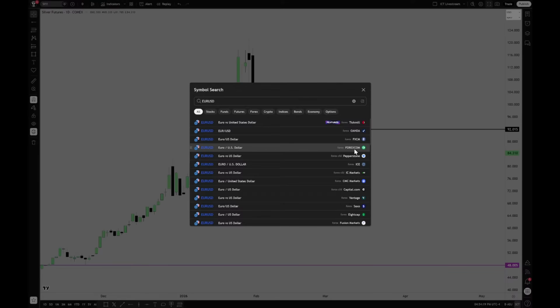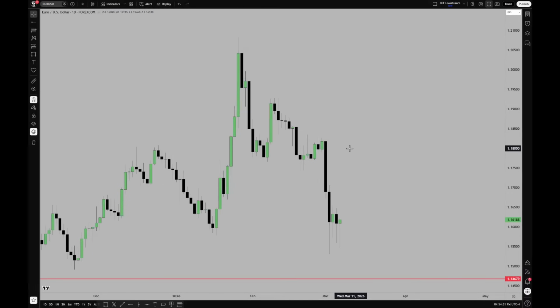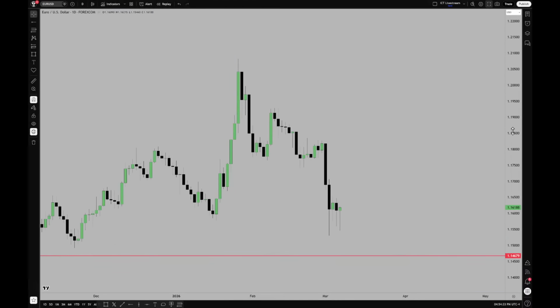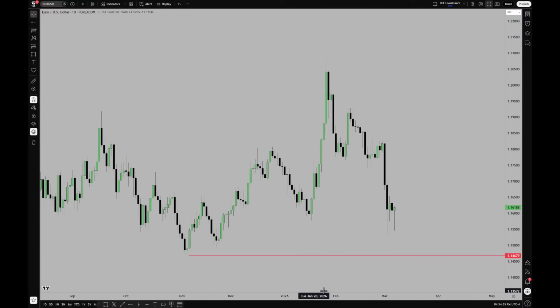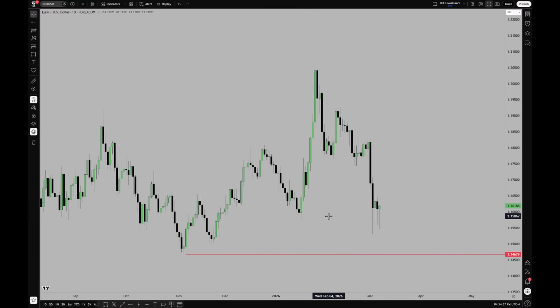All right, I always use forex.com, not because I trade with them. I don't have any forex accounts right now. I haven't traded forex in a long time. It's been years. But forex.com, that's the data I draw from. And I shared this chart the other day on X, and it's in sync with what I was saying about the dollar index. Risk off scenario, with the exception of gold and crude oil, because they are safe haven